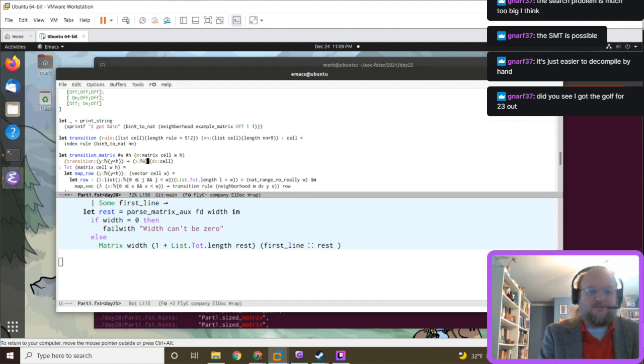X is a natural number less than width, and that returns a new cell. And we don't need this default value crap.